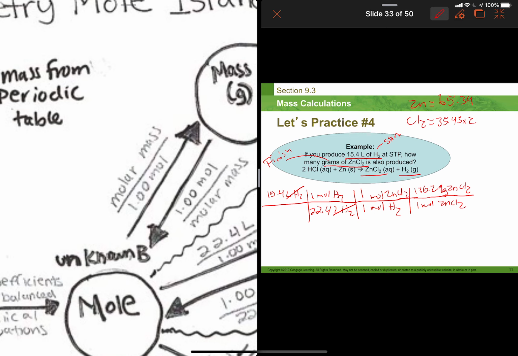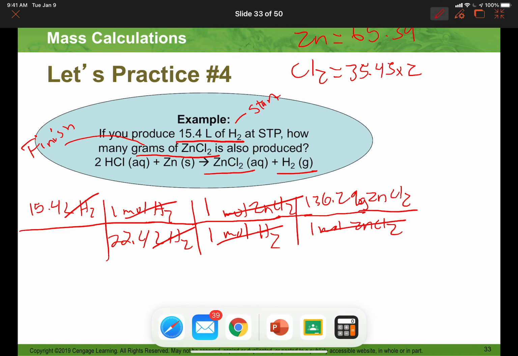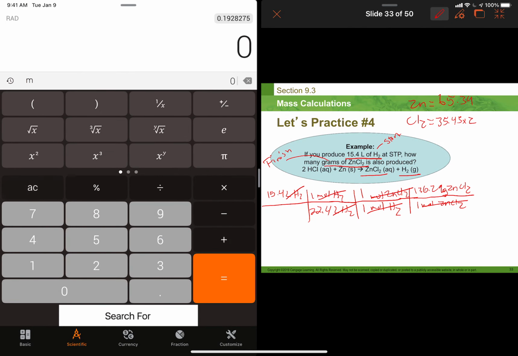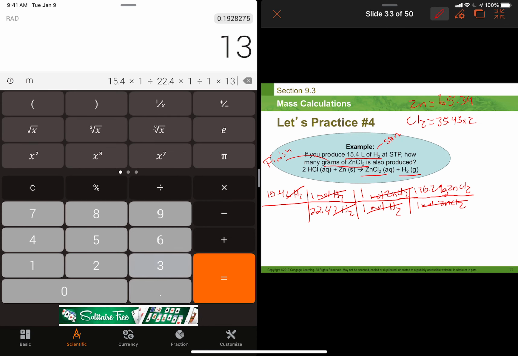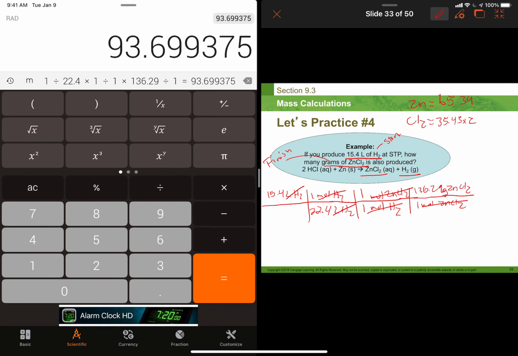grams of ZnCl2. Okay, and this is how we get rid of moles of H2, and this is how we get rid of moles of ZnCl2, and we finally have our final answer in the unit that we want. Reminder, it's always multiply by the top, divide by the bottom. So it's 15.4 times 1 divided by 22.4 times 1 divided by 1 times 136.29 divided by 1. We get 93.699, so it will be 93.70